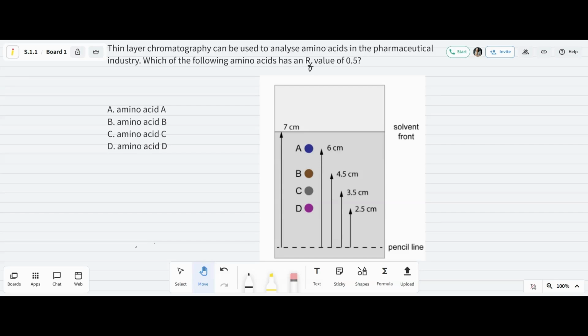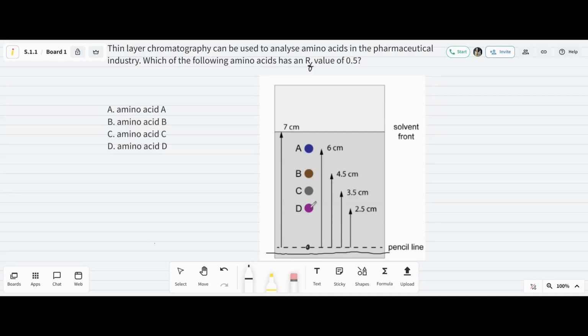You have a stationary phase. In this case, the stationary phase is a paper, and a mobile phase. Here, the mobile phase is water or ethanol or the liquid that is used in the experiment. Draw a line with a pencil close to one end of the paper and spot the mixture on the pencil line. Hang the paper vertically and dip it in the solvent, making sure that the level of the solvent is just below the pencil line. The solvent rises up the paper due to capillary action, carrying the mixture with it.